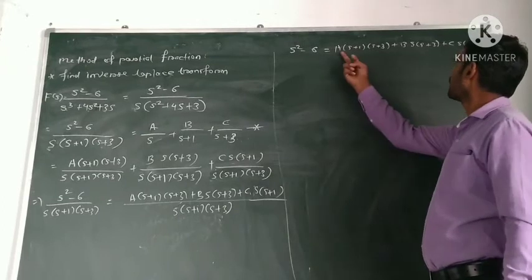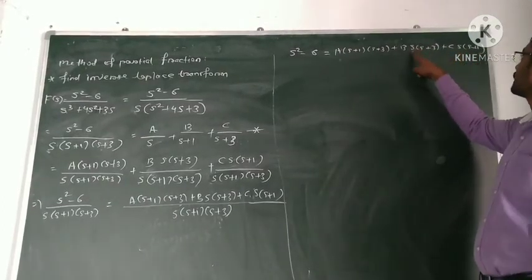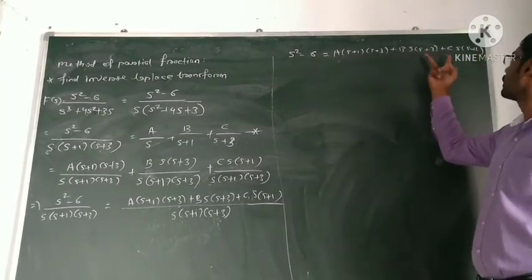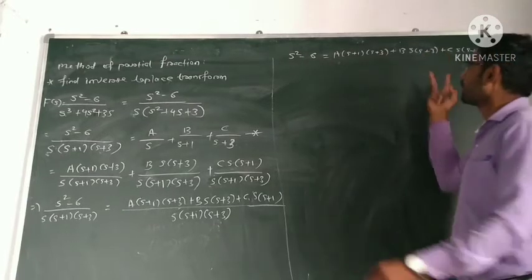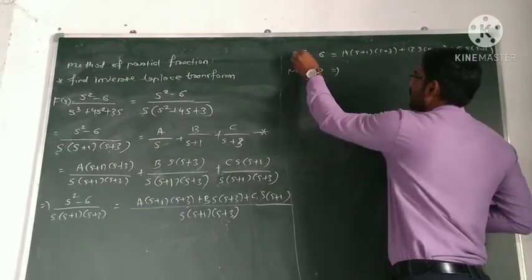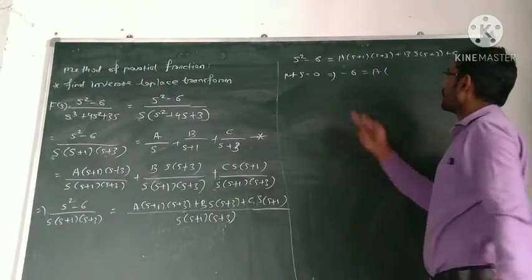So to get the value of a, these two terms must get cancelled. What is the common factor here? Here is s, here is s, and here there is no s. So put s is equal to 0, and these two get cancelled. This implies, put s is equal to 0. So minus 6 is equal to a into